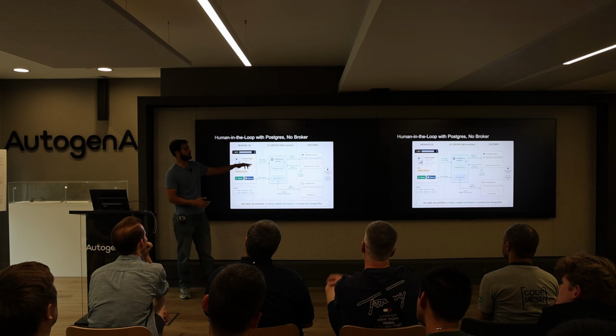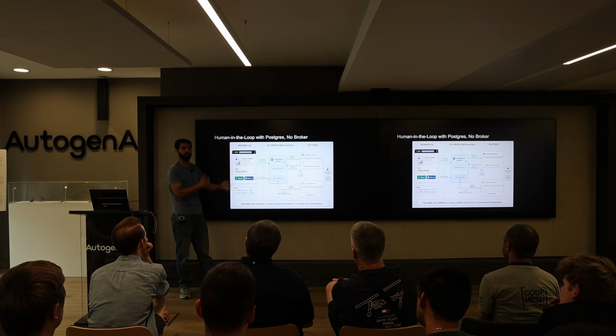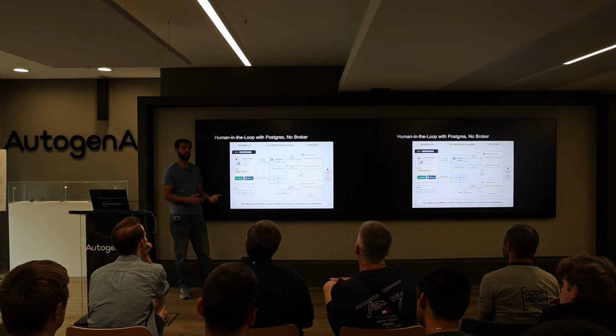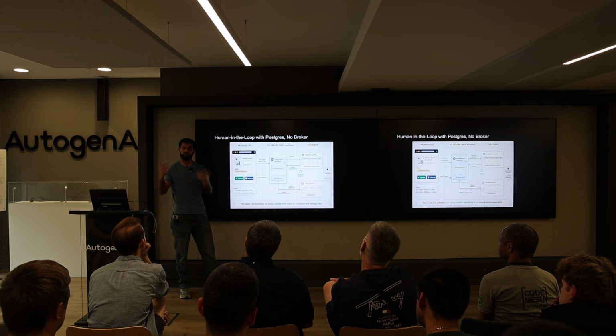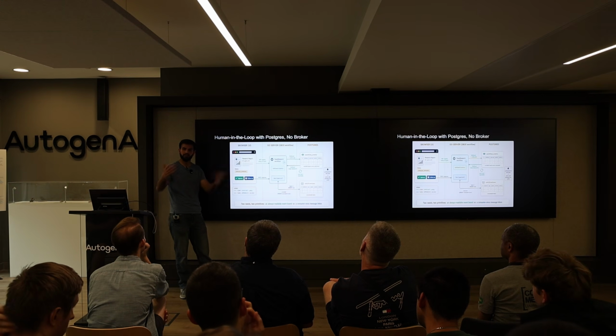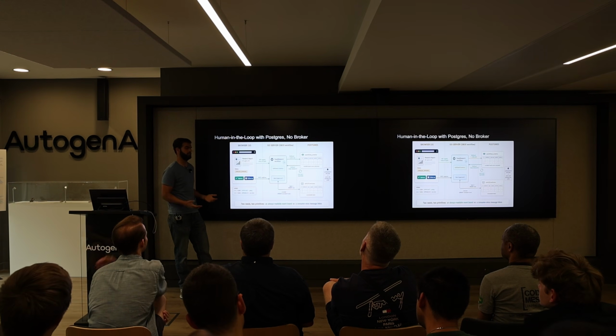That's basically how you can configure human in the loop, an event-driven architecture, within a database, without having to go seeking other infrastructure that your application might not need.